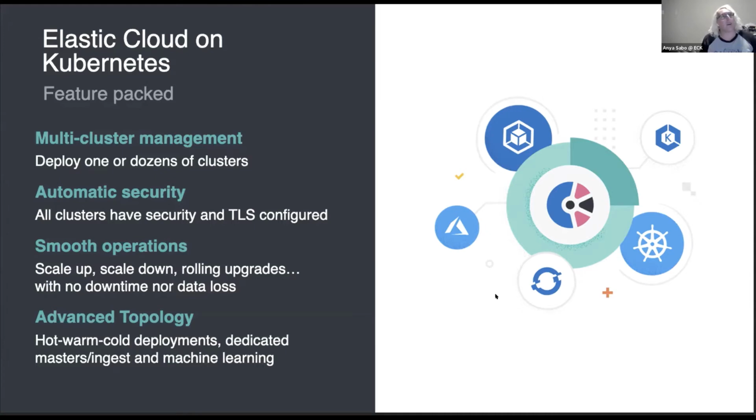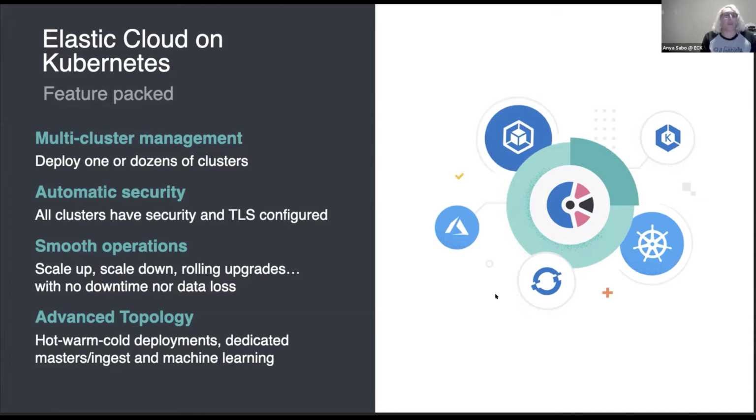Like I was saying, it has all of the operator knowledge. It knows how to handle all of the stuff that you might have an ops team to handle. All of that knowledge is just built into the software, so you can scale up or down and do rolling upgrades all seamlessly without having to worry about how it's actually performed. ECK will automatically do it safely for you without any downtime or data loss. So it'll take all the appropriate steps.